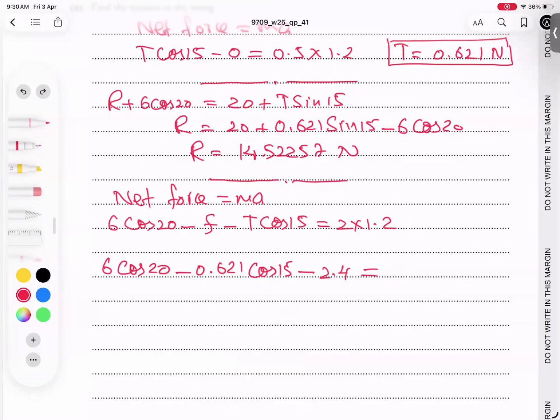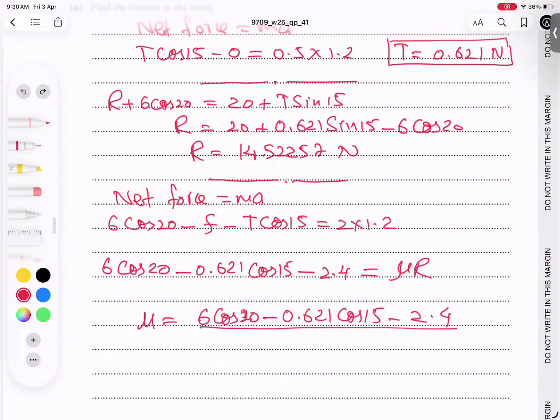This is equal to friction force, which is equal to mu R. I'm writing here mu R, and the R value is this. Okay, now I'm typing it, and mu is basically 6 cos 20 minus 0.621 cos 15 minus 2.4, divided by the R value, which is 14.52257. Okay, students,